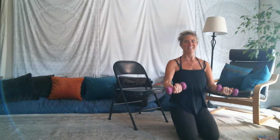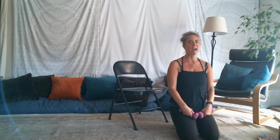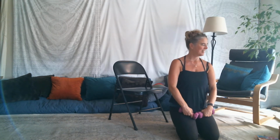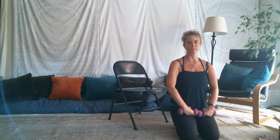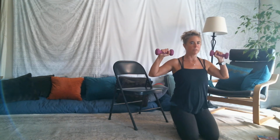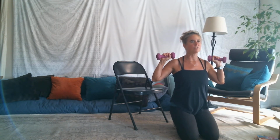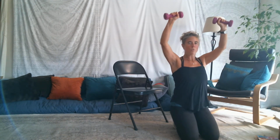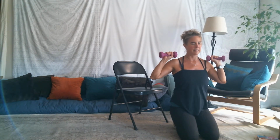Good. And gently let the weights come down. Good. And let's take arms over the head, sort of stick them up. Stick them up. So we bring the weights up toward our shoulders, and we just do the sort of cactus arms. So 1, and release. And lift,